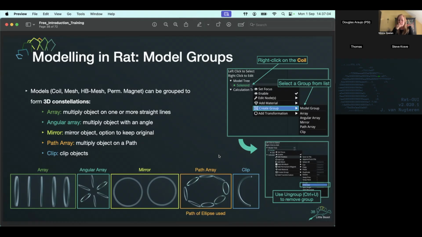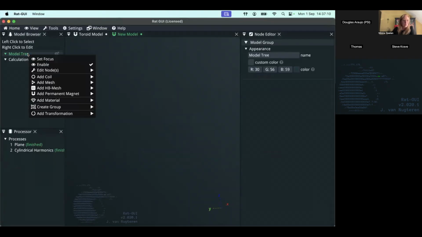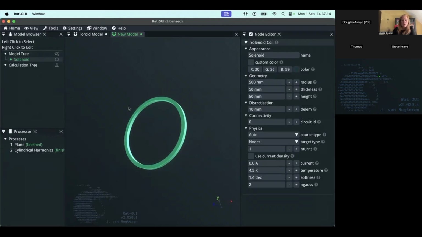Clip has no effect on the calculation. I think it will calculate even if I clip a solenoid. I will demonstrate this now. It will do the calculation, and the reason is clear. If I clip the solenoid,